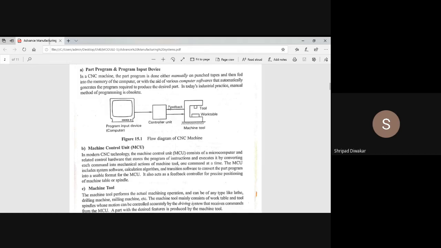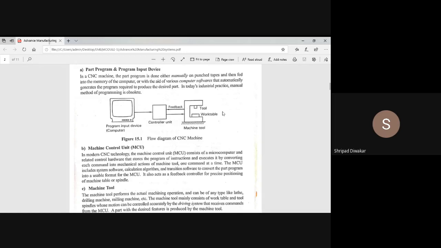For example, it receives the set of instructions from the program input device, and then executes those instructions by converting each command into the mechanical action of the machine tool. It guides the machine tool on what activities are to be performed.